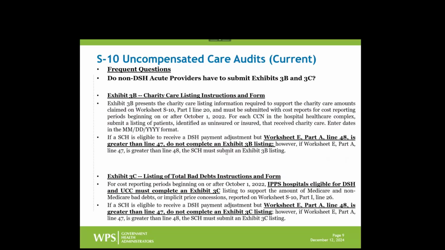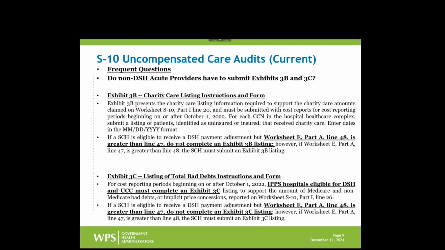And in fact, if you go into Exhibit 3B and 3C, they're a little bit different. 3B is charity care, 3C is total bad debts. Now, in the Federal Register that we're going to talk about in the next slide, it was very clearly stated that you had to submit your charity care listing, your Medicaid day listing, your Medicare bad debt listing, all the normal stuff. You had to submit that at the time of acceptability, otherwise it would be rejectable. There was no reference to total bad debts, and I think it was just an oversight.